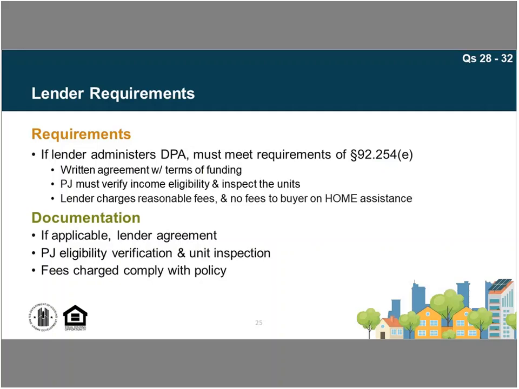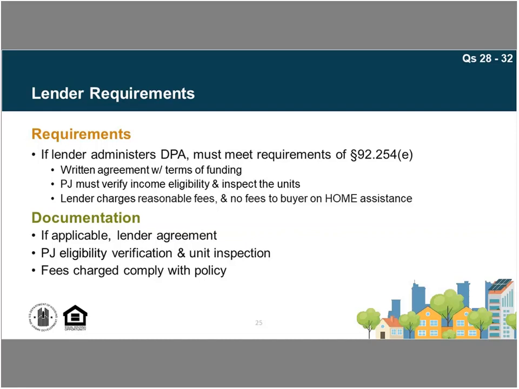You know, you're underwriting and approving this buyer. Will you also prepare all this documentation and the due diligence that's required for the home assistance? A number of PJs had deferred to local lenders to do such a thing, and it's not inappropriate to do that, but there's a limit to how much